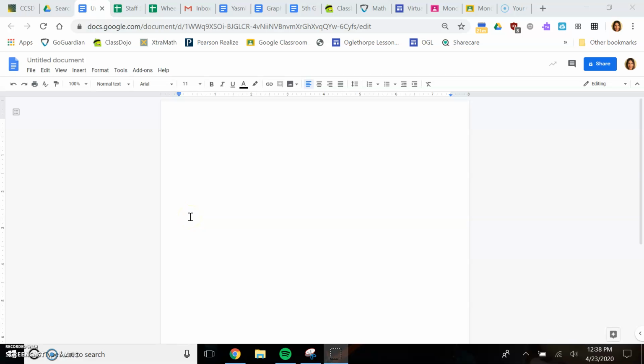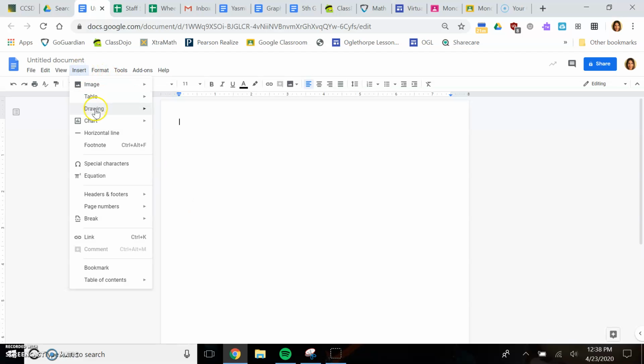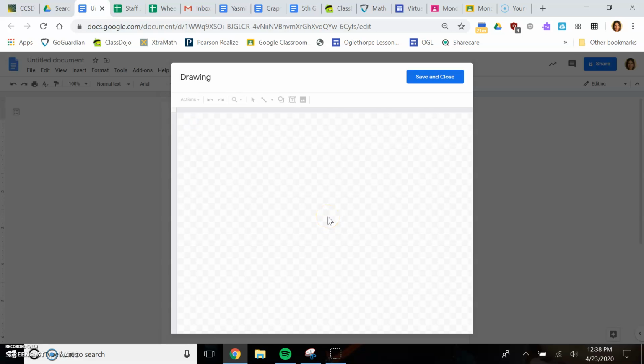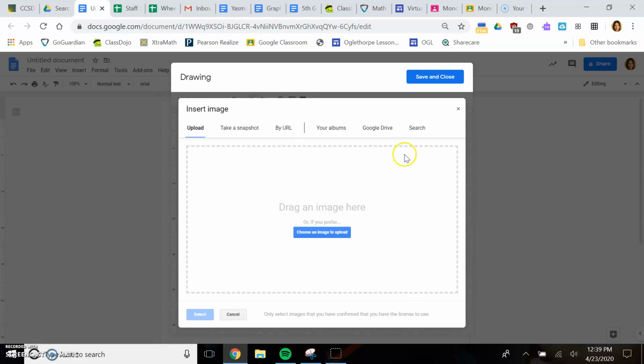Hey all, I'm going to show you today how to create your 10 by 10 grid using a Google Doc if you want to do that instead of using paper and uploading an image of it. So the first thing you need to do is go to Insert, Drawing, and New because you're going to create your own Google drawing. So I'm going to start by searching for some images that I might use in my